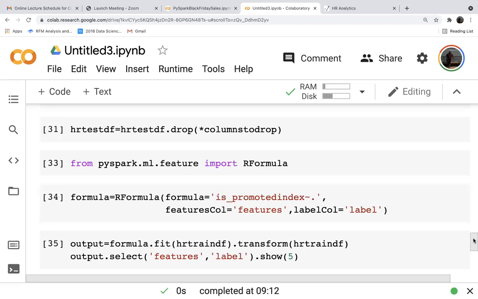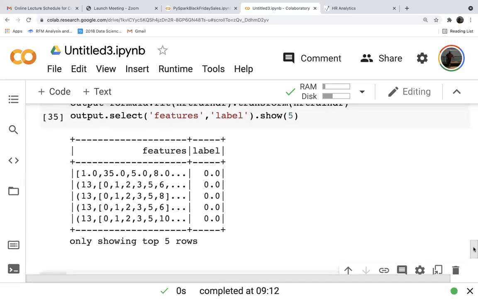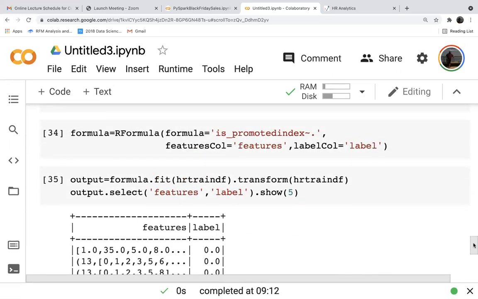So the label will be is_promoted_index. The rest of all the columns in our data will be treated as independent variables. So we have our data ready. You should get the data like this: all features in one matrix and the dependent variable in another.